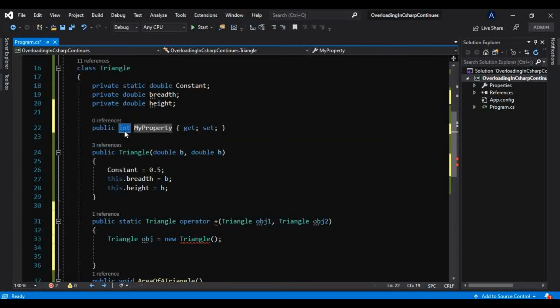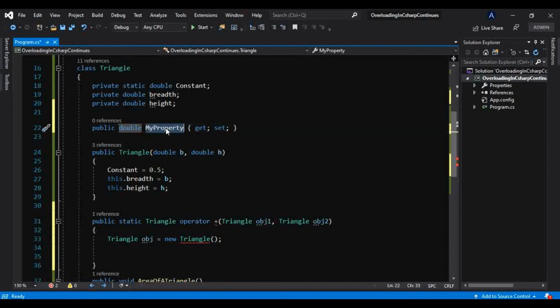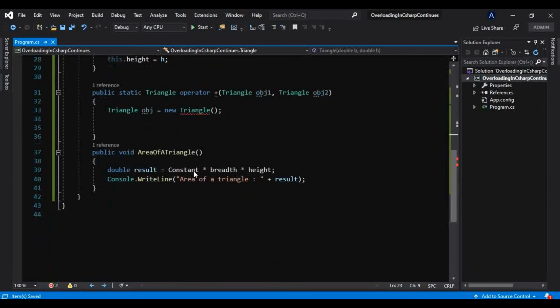But for that, let me take one property here, that is double, and the property name will be AreaOfTriangle. Okay, and we know we have this property.